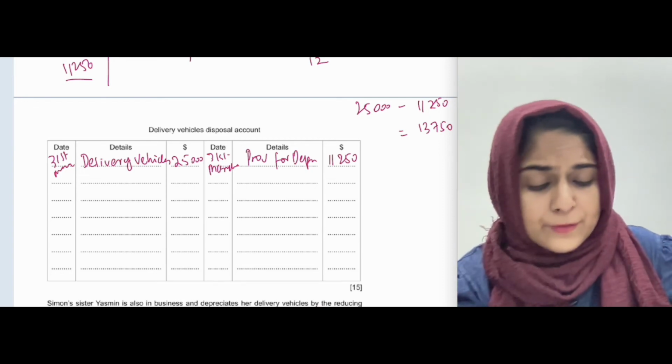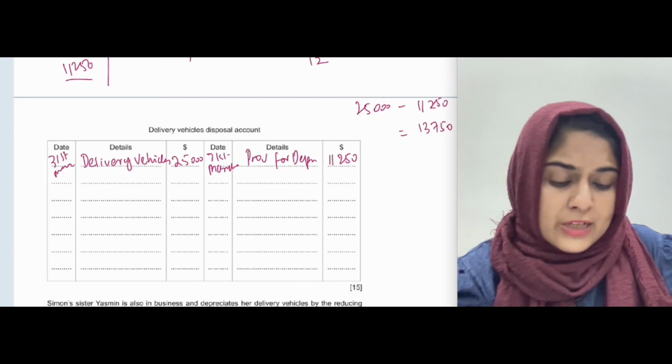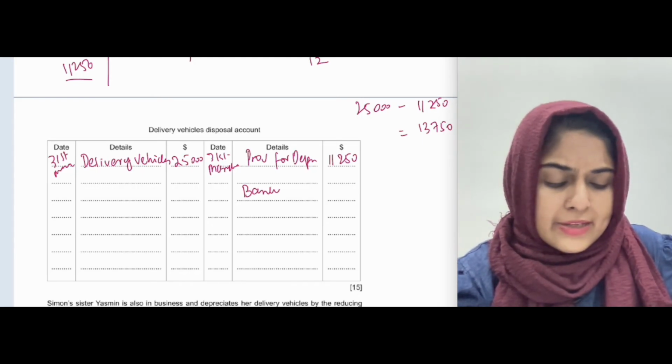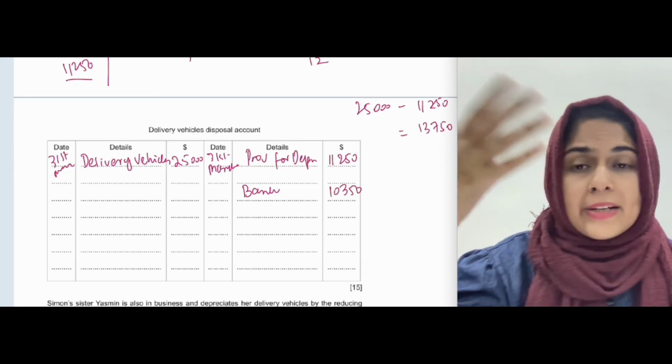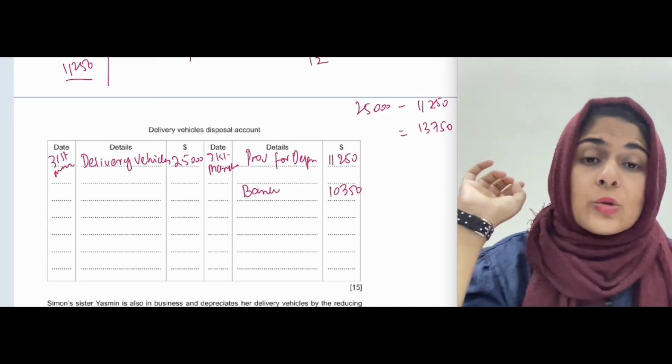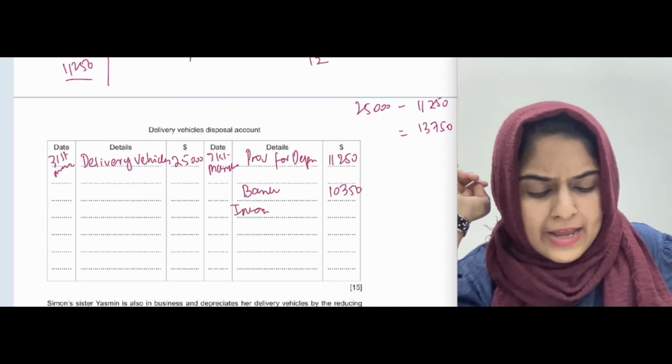लिख दिया 11,250. The third thing here that will be recorded, bank will be debited, so disposal account should be credited, so I write bank here and I write 10,350. तो अब जो है वो हमारा डेबिट हैवी है, क्रेडिट लाइट है. तो अब हमारे पास इस दोनों का डिफरेंस जो है वो इनकम स्टेटमेंट में जाएगा, and ये जो है ये